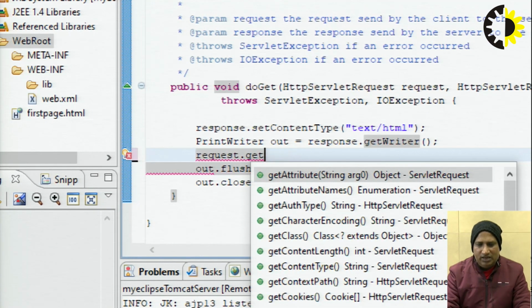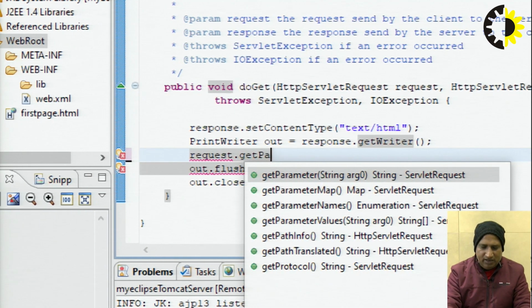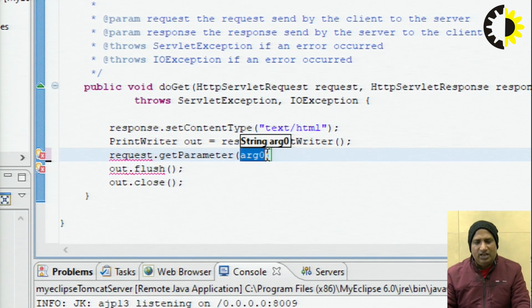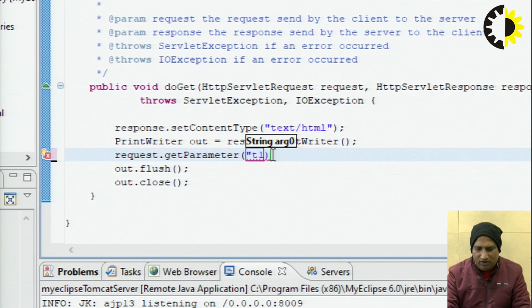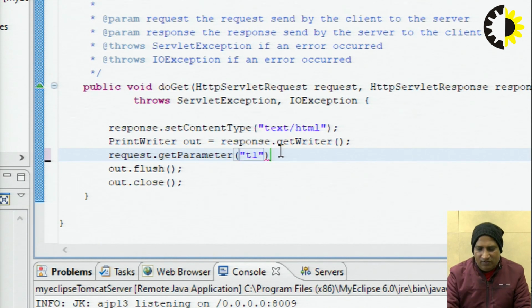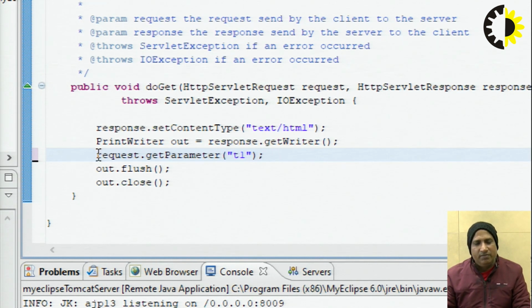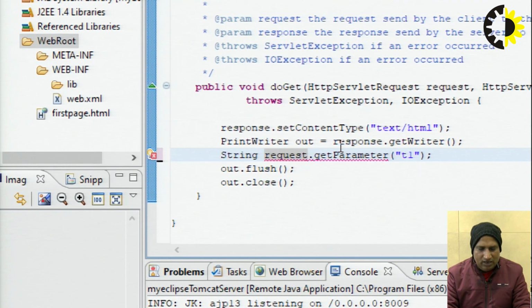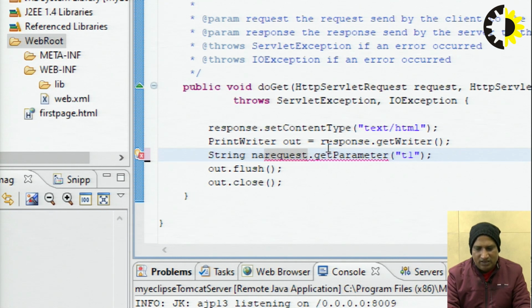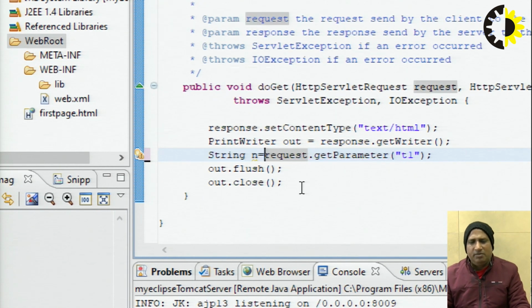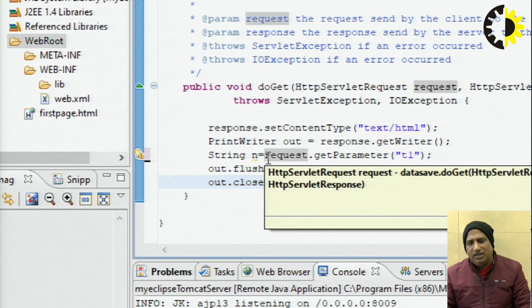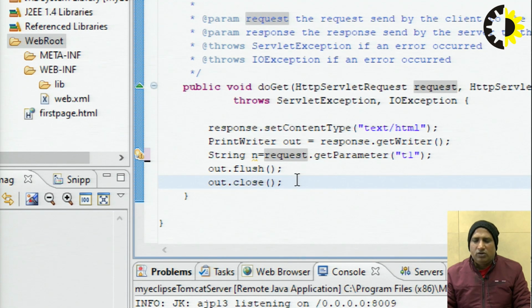Request dot, there is a function named getParameter, request dot getParameter, and here I am passing the parameter T1. I want to access the data field in the T1 text field. Okay, and I want to store this data in the string name, or let's say n. I have accessed the data from the client by the request object, because I have told you whenever the client